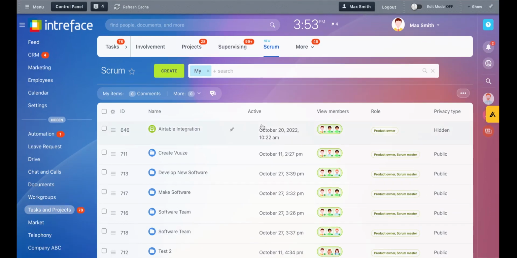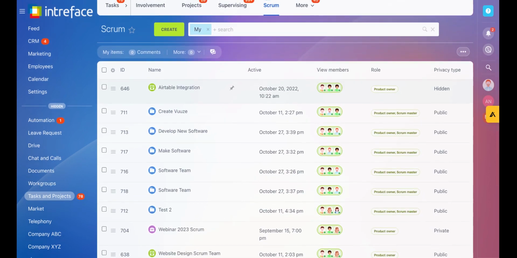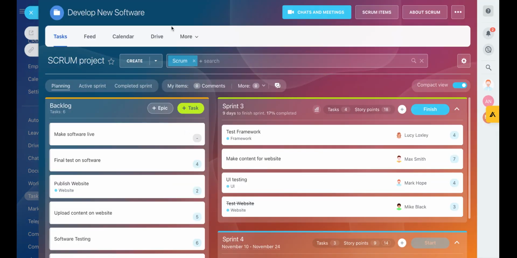So, where do you find Scrum in your Bitrix24? Under the Tasks and Project module, you'll find Scrum on the top bar right here. This is what the Scrum list view looks like. It looks very similar to projects in that regard, but if we go into a Scrum, the